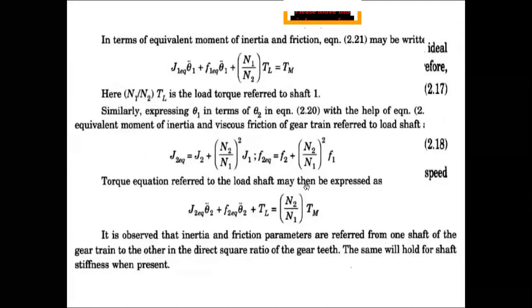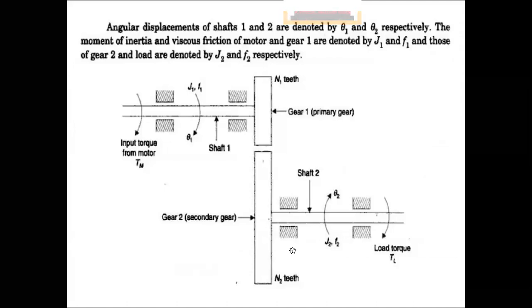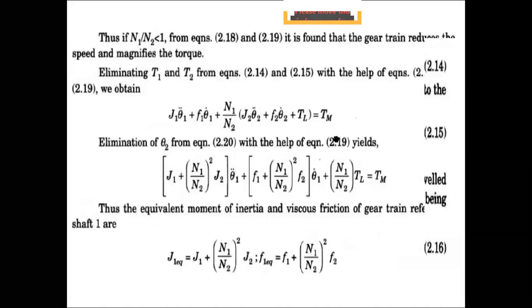How many shafts are there in this case? Two shafts, sir. This is a primary shaft and a secondary shaft. Really, the torque that is applied is only one. What is the torque? The torque from the motor. But it is transferring something from primary to secondary, which we are taking as T2. Similarly, from secondary, some back torque will be there, which is taken as T1. Once you go through this simple manipulation, is it okay? These equations are okay?